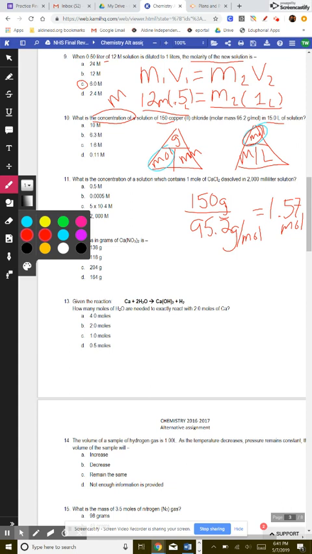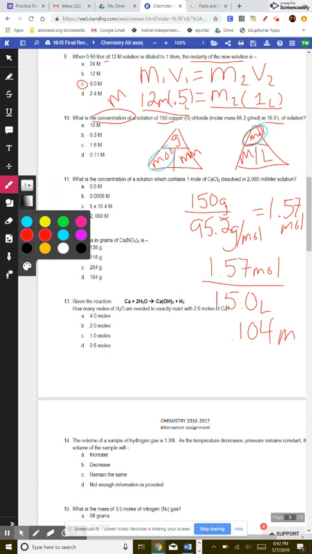Okay, now I'm going to take that mole, and I'm going to do moles over liters to give me molarity. So 1.57 moles, which I just found, divided by the liters. 1.57 divided by 15 gives me 0.104